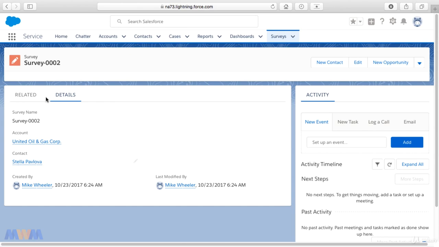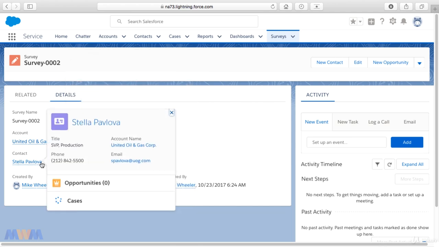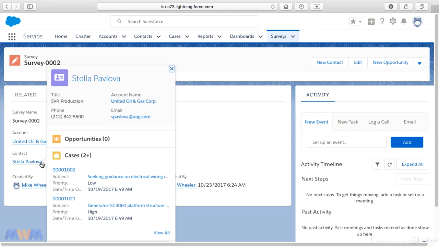would be contacts. And if you remember, we have a master detail relationship on the survey object looking up to the account, and then we have a lookup field to the contact with a lookup filter to verify that the contact belongs to the account that the survey is for. So in our scenario, we are a surveying company and we have been tasked with surveying contacts inside of accounts